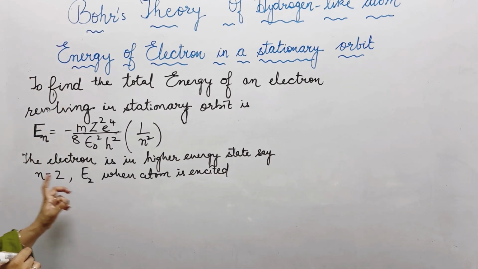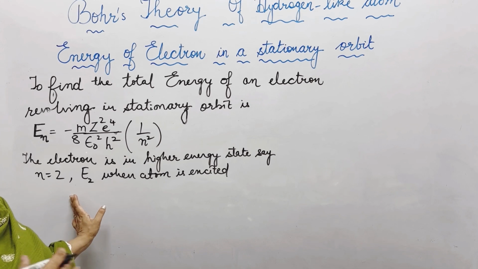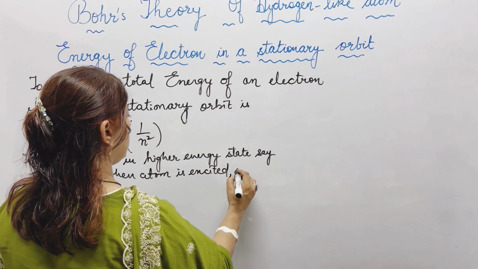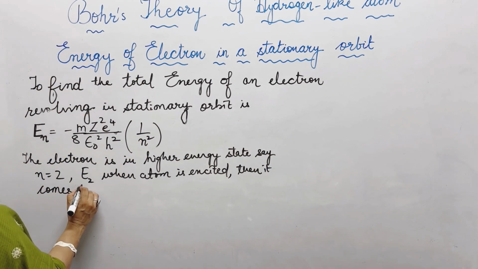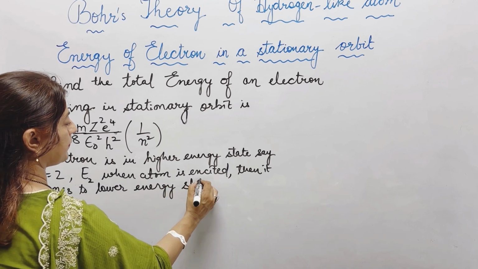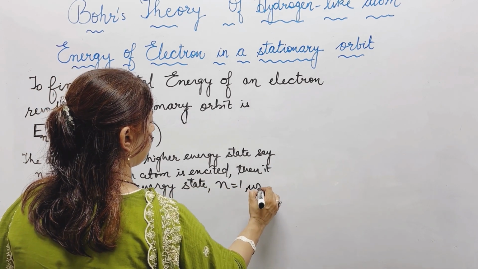What will happen? The electron will remain for 10 power minus 8 seconds in the higher state, and then it has got a tendency to come back to the lower state. Then it comes to a lower energy state, say n equal to 1,